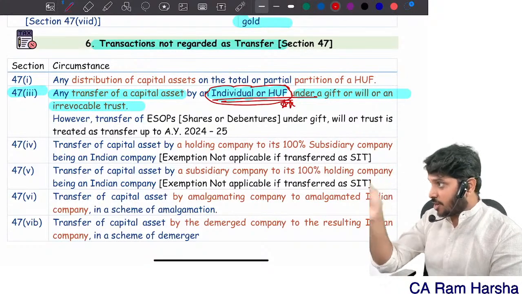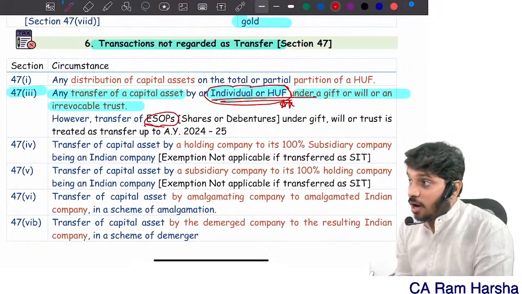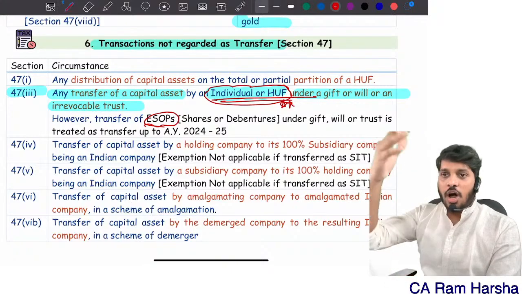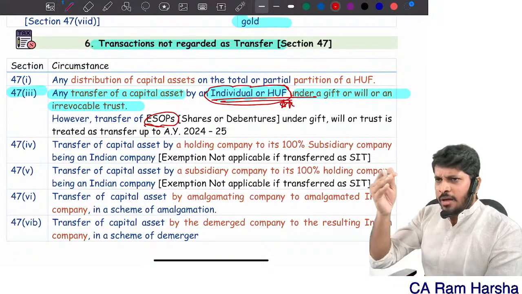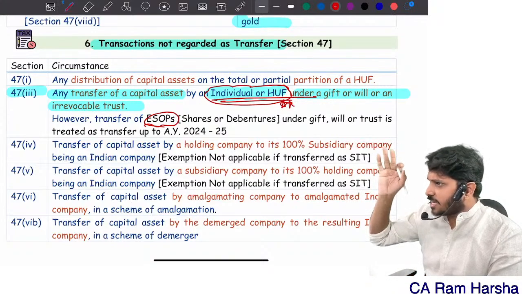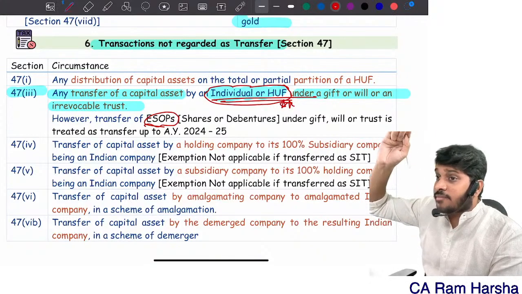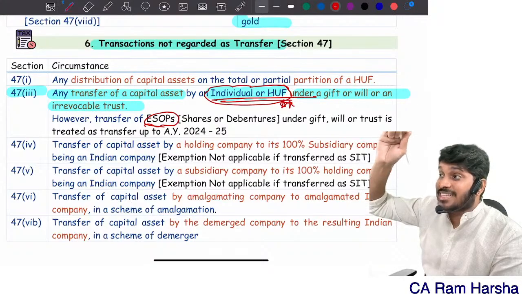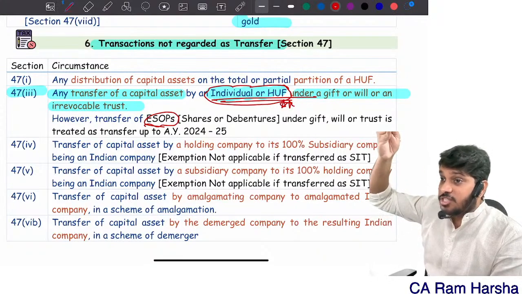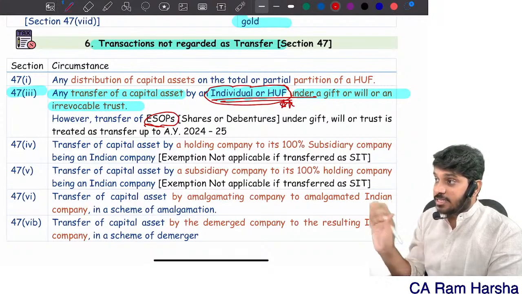Before the amendment, gift of ESOPs was fully taxable. Suppose an employee got ESOP securities from the company. At the time of allotment itself, it was taxable for him under income from salary. Market value on the date of exercising the option is the value considered for valuation of perquisite. Getting it? That itself is treated as cost of acquisition for him. Now later, when he gifted to somebody or sold to somebody, gift or sale doesn't matter, ESOP gifting